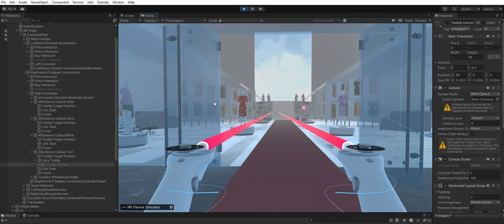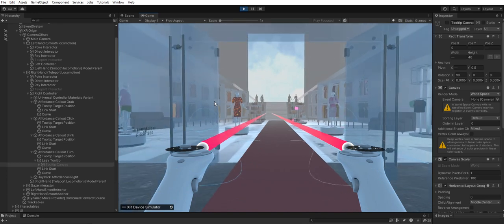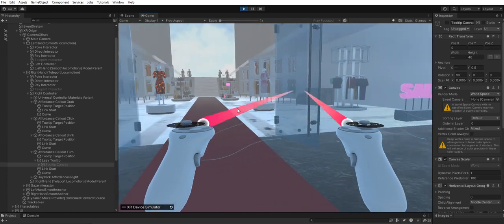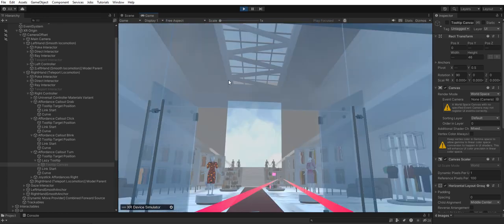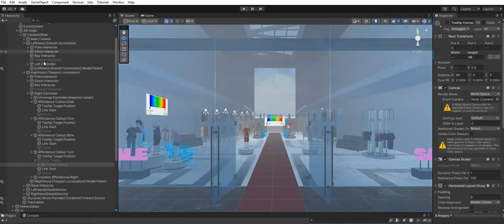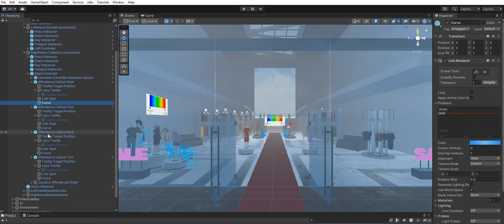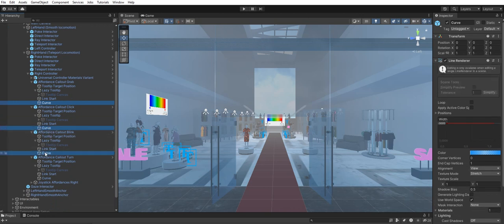After that, this is what we have. So we don't have the tooltip canvas now, but we have those curves, right? So let's see how to remove them. We cannot remove them, but we can hide them. So what we're going to do is select all the curves on every affordance, and put a 0 in here,